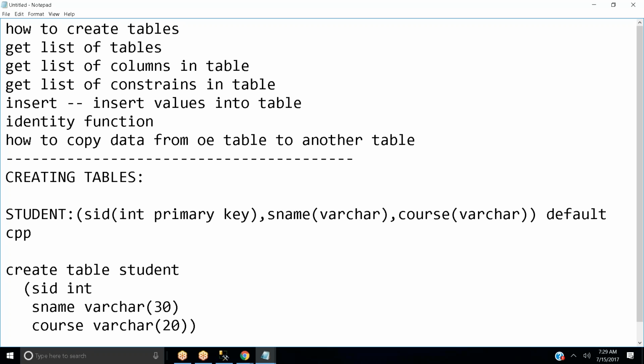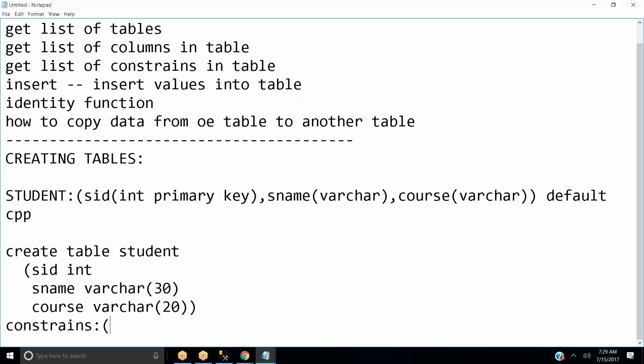Now you have defined your data types. And what are the other constraints we are looking for? We are looking for primary key as well as default value. So after specifying your column names and data types, you need to specify your constraint. For student ID, I just want to give the constraint primary key. Then for student name, I don't want it to be null. Always it should contain some value. So at that time you need to give NOT NULL.